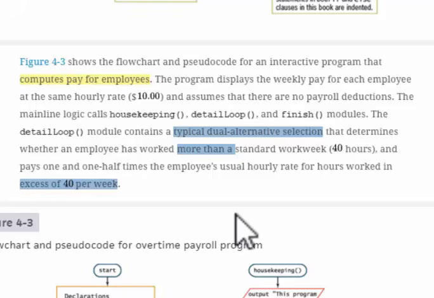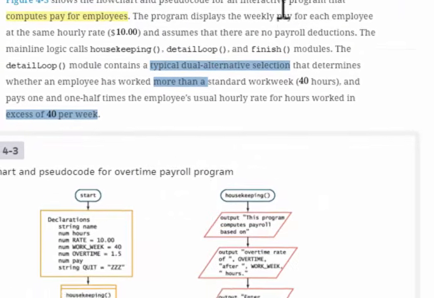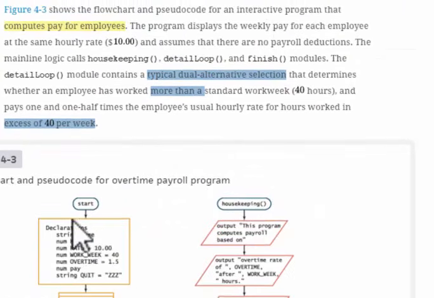So let's have a look. Let's run through the program. We have our declarations, string name. Remember, it's for each employee, so we need the employee's name. Hours. So we're going to work it as hourly rate, so we need hours. Then we've got our hourly rate, which is $10. Look, it's a named constant. Work week, also a named constant. 40 is our work week. Overtime is